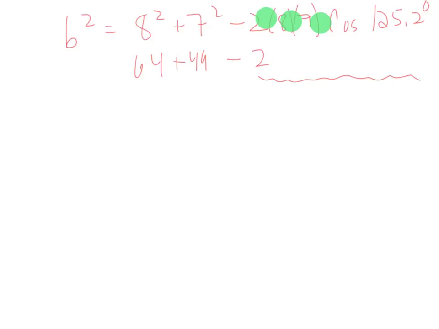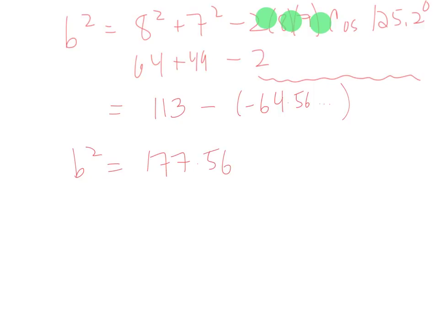Let me add together 64 plus 49. And now I'm going to go 2 times 8 times 7 times cos 125.2. And this number is a negative 64.56 and a bunch of other decimals. Since it's minus a negative, I'm going to end up adding these 2 numbers together, actually, aren't I? So I'm going to keep my number in my calculator. I'm going to type in negative and pull my answer back in so I can turn it positive and add it to 113 in this case, and I get about